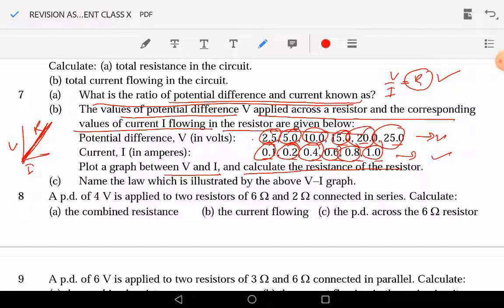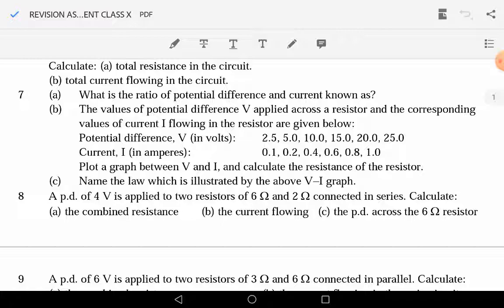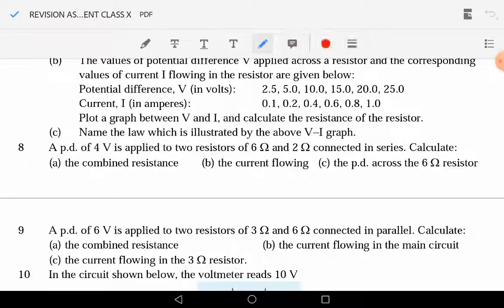Calculate the resistance of the resistor. Now here we have got two ways to find out the value for the resistance. First we can do the total of the potential difference, like 25 plus 20 is 45, then 50, 60, then 70, then 75 and 77.5. Now since the total values are 1, 2, 3, 4, 5, 6, we will divide it by 6. We will get the average value for V. In a similar manner, we will add all the 6 values of current: 1.8, 1.8, 6.6, 1.8, 2.4, then 2.8, 3, 3.1. So it is 3.1 divided by 6 again.